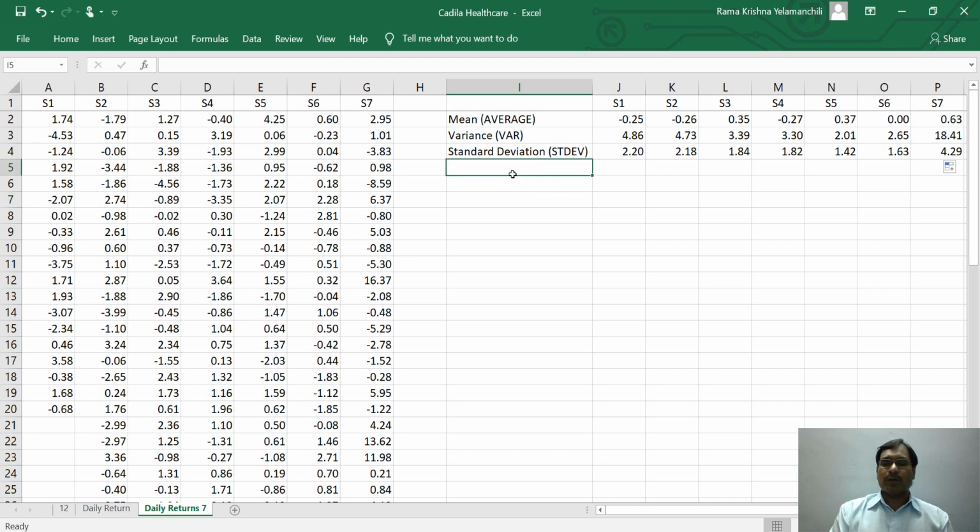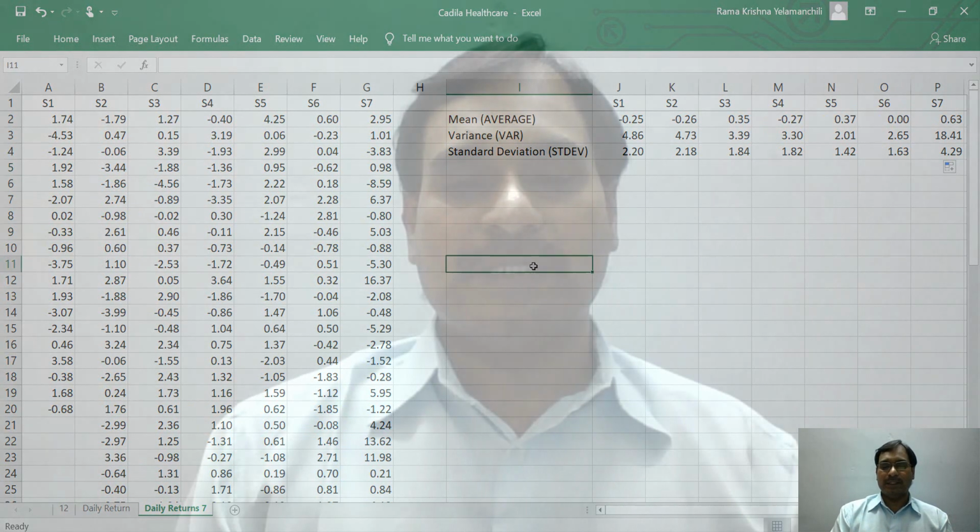While doing your project or any assignments, or when you are calculating the stock prices of a large number of stocks, I suggest you use Microsoft Excel rather than calculating the values manually. I suggest you download 10 stocks' daily prices from the Bombay Stock Exchange official website for a period of 5 years. Then try to calculate the mean, variance and standard deviation of those stocks year wise. Instead of doing it for 5 years together, you can do it year wise and observe how the stock price is moving.